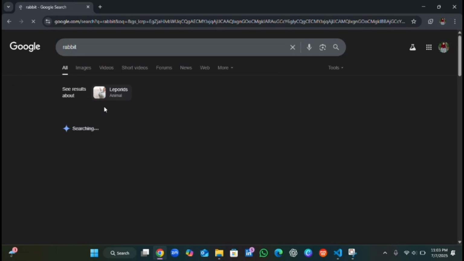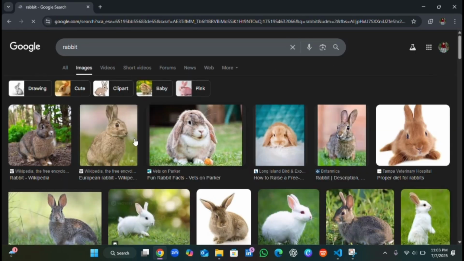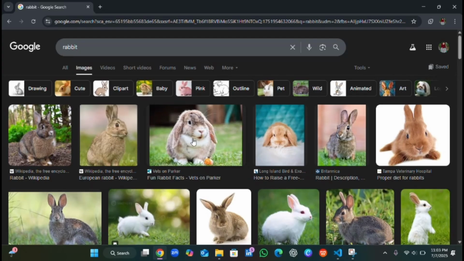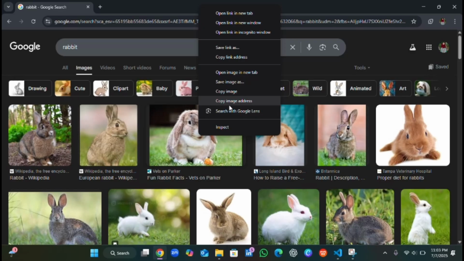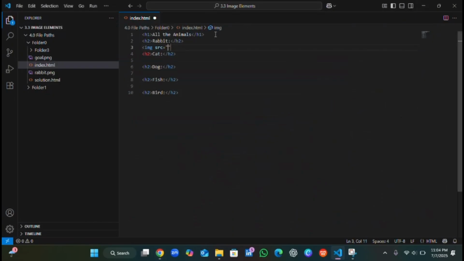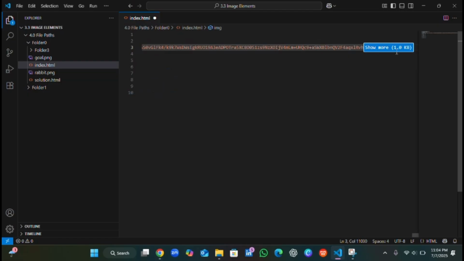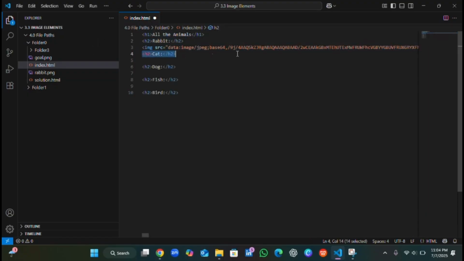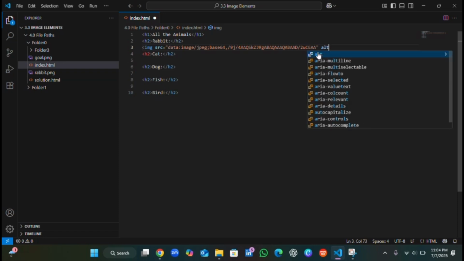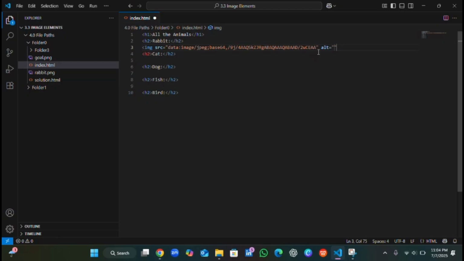I will right click on a rabbit picture, choose this one, it's cute, copy its address and paste it here, Control V. It's a long address, so I will cut it till here. Now I will write its alt is equal to